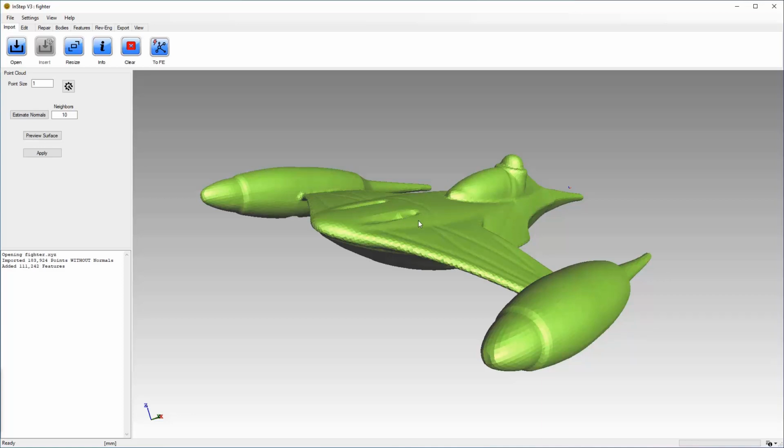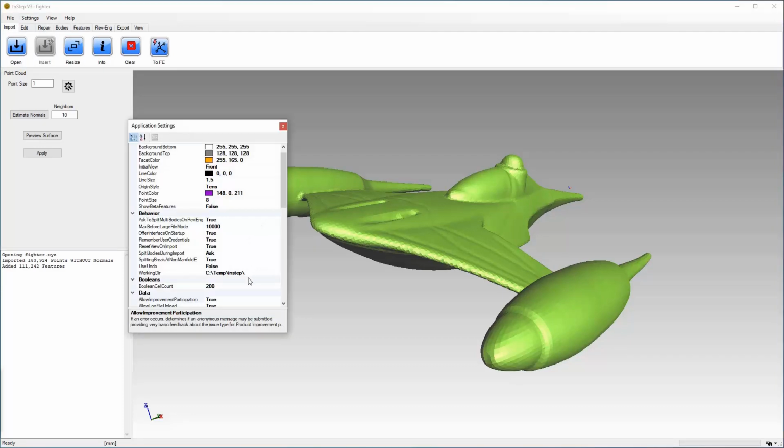One item to point out is that during the process of converting these surfaces, the application actually creates temporary files locally. In order to change where those files are located, we can go to Settings, Application Settings, and then scroll down and look for the working directory, in this case here. By default, this will go to C:\temp\instep. The reason for that is you want to keep the path relatively short, just because large file names can be created beyond this, and there's a built-in limit to how many characters can be used. It's also important that the directory does not contain special characters or other things. So if you can use this location, it's recommended that you use this.